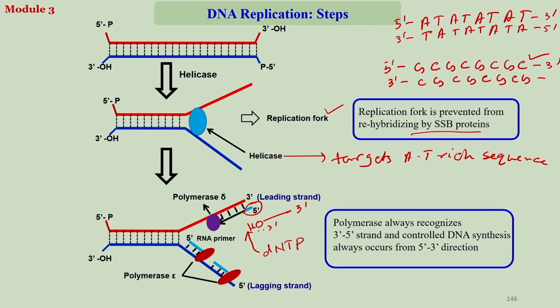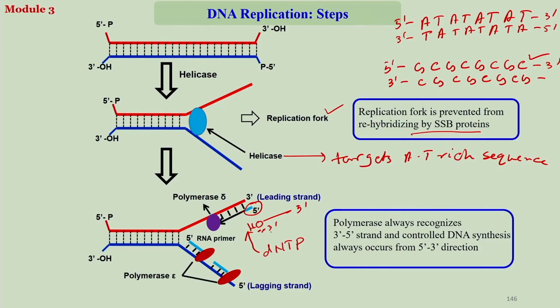Now, when it comes and sits there, its degrees of freedom are restricted. So, the reaction will not happen in the opposite direction. Since your primer is already hybridized there, the direction from the 3 prime hydroxyl group reacting to the 5 prime end of the dNTP is more facile,